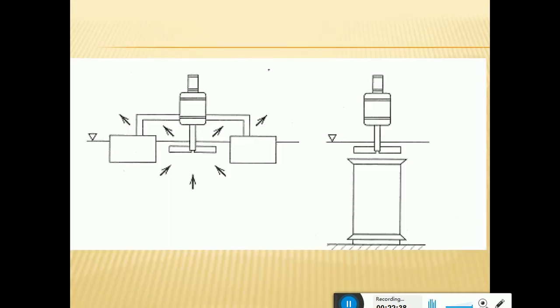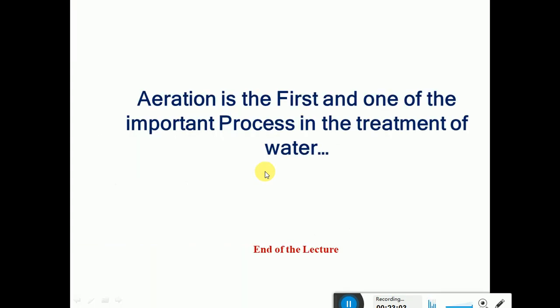So this is the figure of the mechanical type of aerator. It comes with a rotor at the center, and it is fitted to the motor with the help of electrical power supply. This rotor is rotated, and because of its rotation turbulence is created in the system, and the aeration process occurs. This is called the mechanical type of aerators.